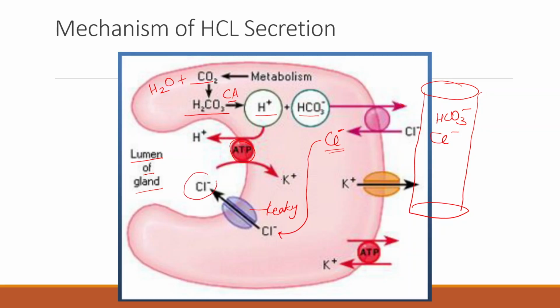Now what we want for HCl secretion? Chloride that has come up. Fine. And there is hydrogen potassium ATPase which throws this H positive formed over here toward the lumen. So H positive also has come in exchange of potassium. So potassium is basically playing this role, right? And this potassium via leaky channel also leaves the cell to blood. So potassium concentration in blood also rises, right?